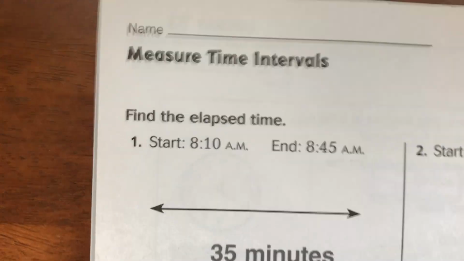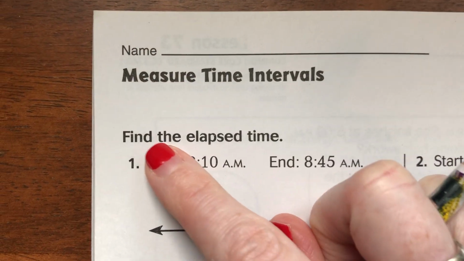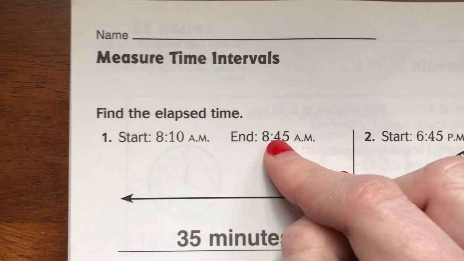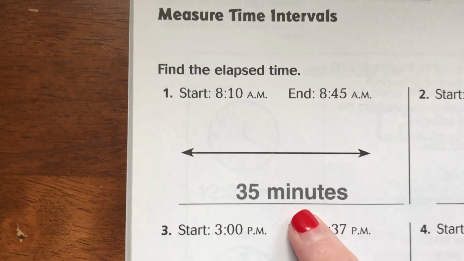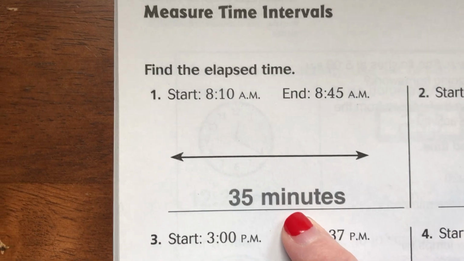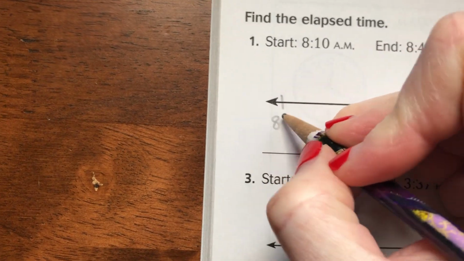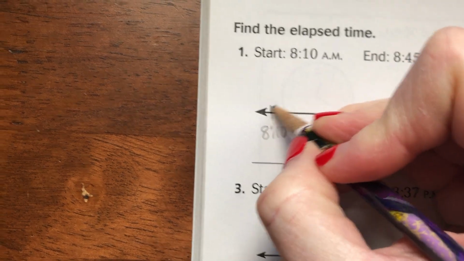Okay. Find the elapsed time. Start at 8:10 a.m. and go to 8:45. So they're giving us the answer here. We need to show the work. Starting at 8:10, gonna go up to